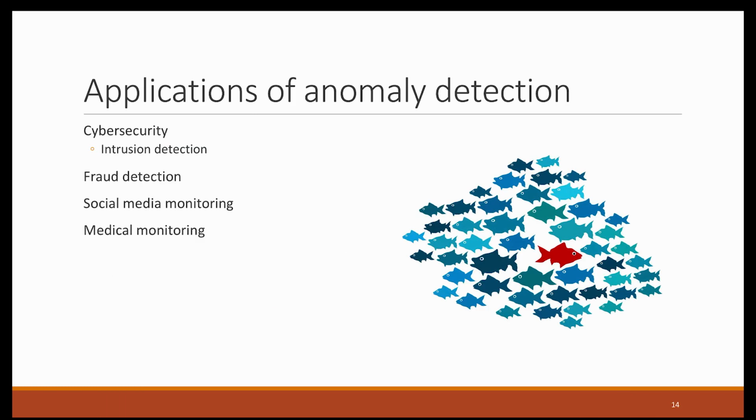So this was a summary of anomaly detection and a few applications. And to sum up, the most prominent applications of anomaly detection are in cybersecurity, in fraud detection, in social media monitoring, and in medical monitoring. So it's a very useful field of machine learning, and there are many interesting applications of anomaly detection, and we have new algorithms constantly coming out, better and better models. If your particular use case is one of those areas, if you believe that you or your users might be affected by fraud, or if you are into social media monitoring or into some of the other examples we mentioned, it's definitely an area that's worth keeping your eyes on.